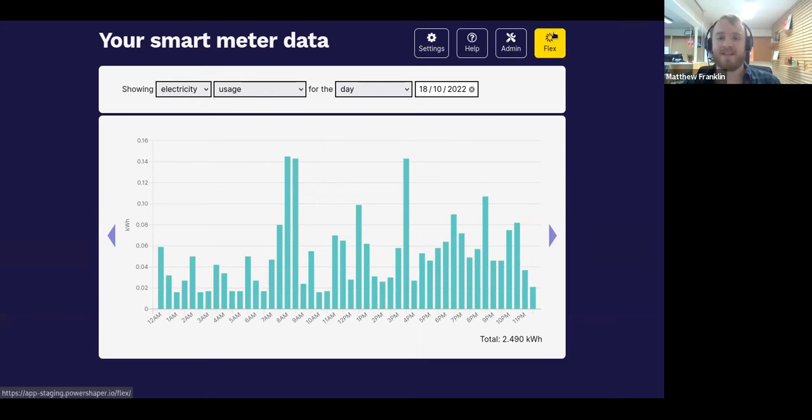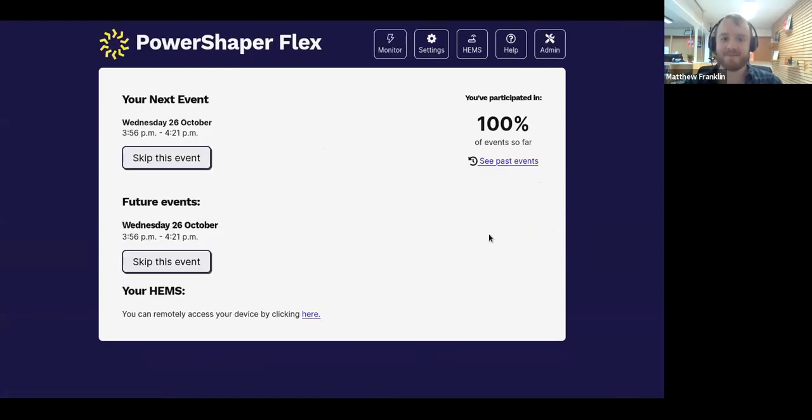So you, as a Flex user, should have a button up at the top here that says Flex, and if you click through to that, your page should look something like this. And we've got a fake event on here at the moment, just to see what it looks like. So this is one next week, and we don't have one scheduled for this time next week at the moment, but you can see upcoming events as well as your past events, and I'll click over to the